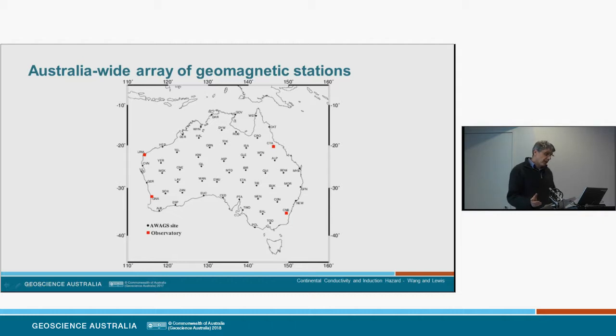At the time of the AWAGS survey, in the early 1990s, there were 4 permanent magnetic observatories, shown in red on the map there, and they're used in the analysis we're looking at today. Since then we've had 2 additional observatories, at Alice Springs and Kakadu. Also note there are no AWAGS stations in Tasmania, so some of the maps we look at later on have a distinct lack of detail in Tasmania.